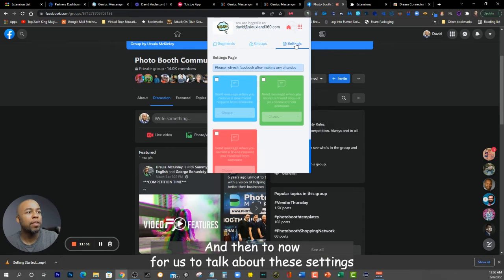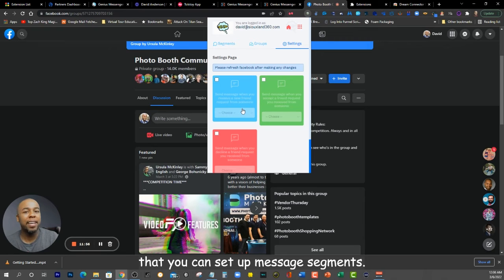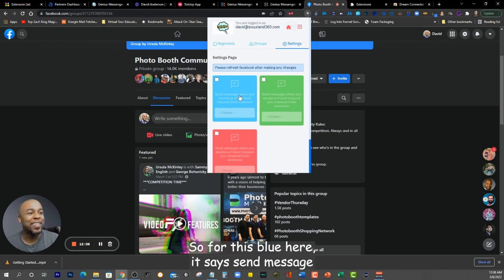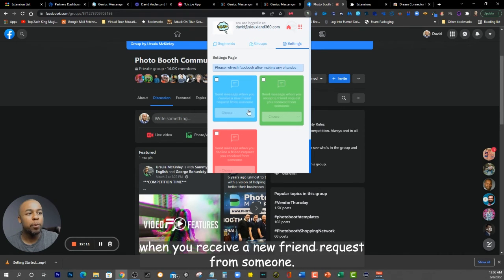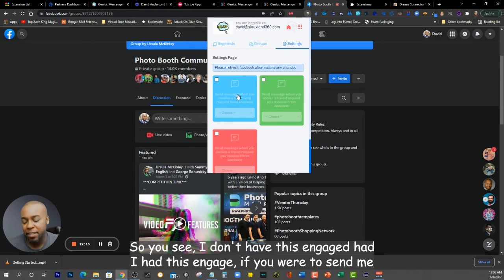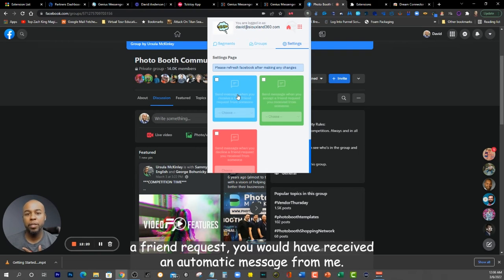And then now for us to talk about these settings, you can set up message segments, okay? And then have certain message groups set up for certain situations as well. All right, so for this blue here, it says send message when you receive a new friend request from someone. So you see, I don't have this engaged. Had I had this engaged, if you were to send me a friend request, you would have received an automatic